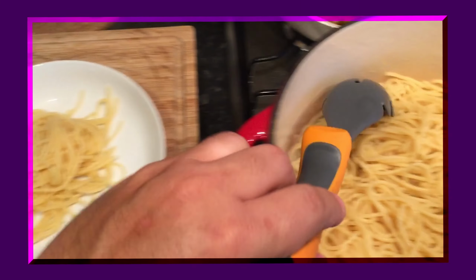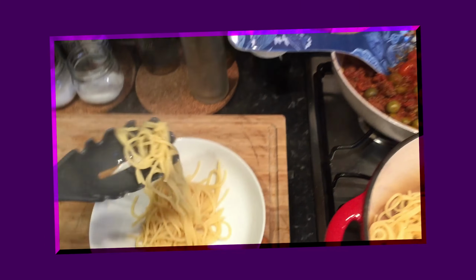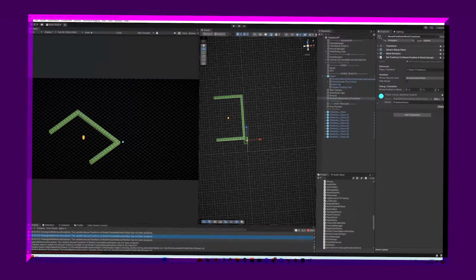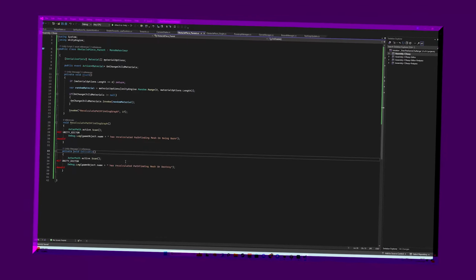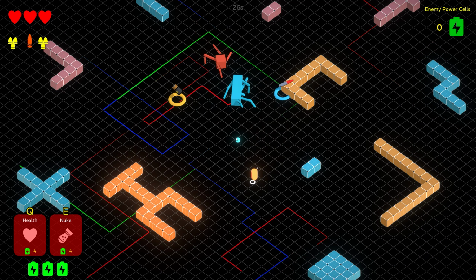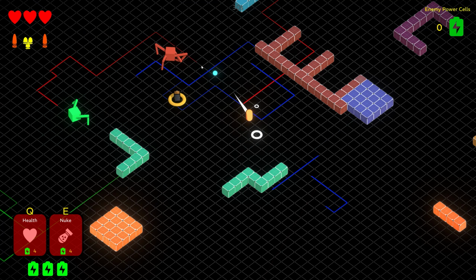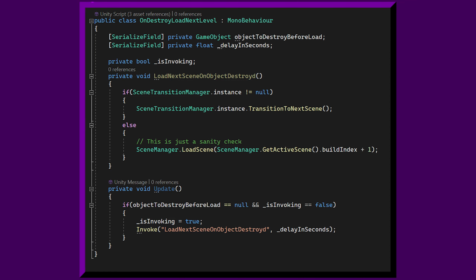This game was built to run in a single game scene, and removing almost anything caused something else to break. This is what's called spaghetti code, as if you yank one piece, something else comes along with it because they're stuck together. Making simplified scenes for the tutorial was like performing surgery until I finally had a fairly clean copy of the game scene. I need to be able to switch scenes when the player completed the tutorial-specific tasks. There's no pooling in this game, so an item is always destroyed. So I simply made this class which loads the next level with some delay when a supplied game object is